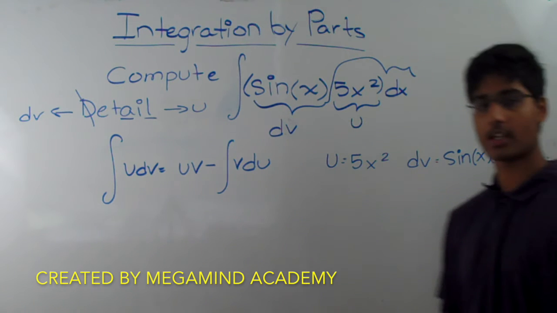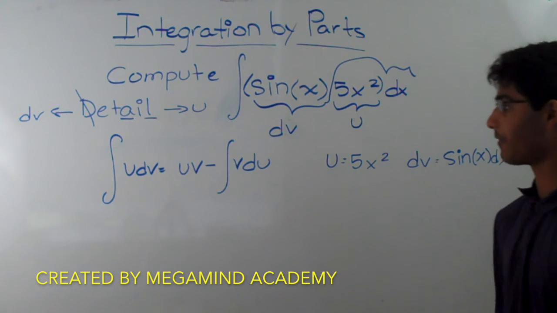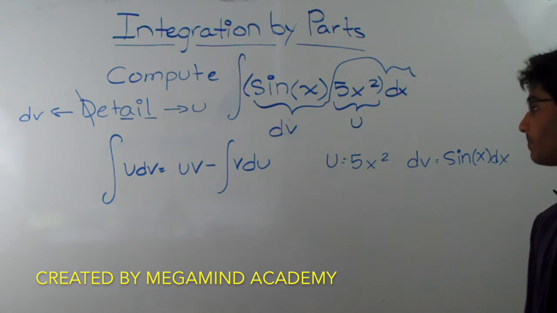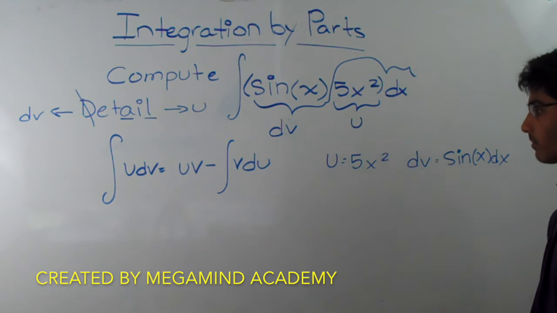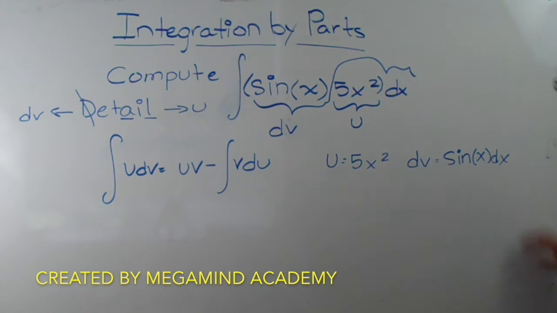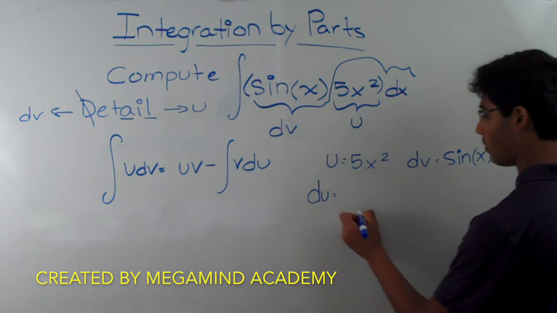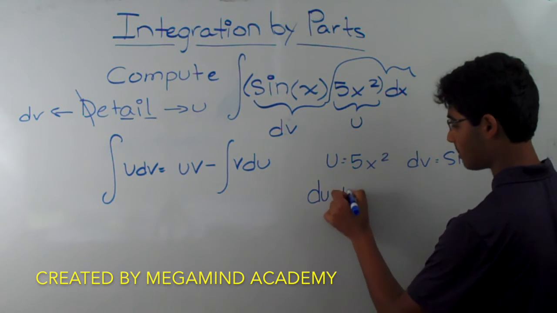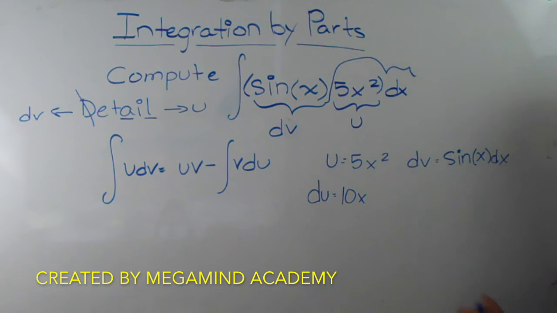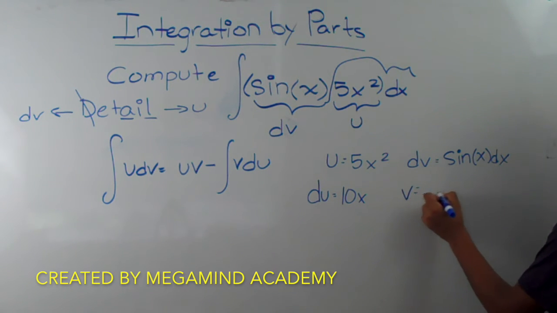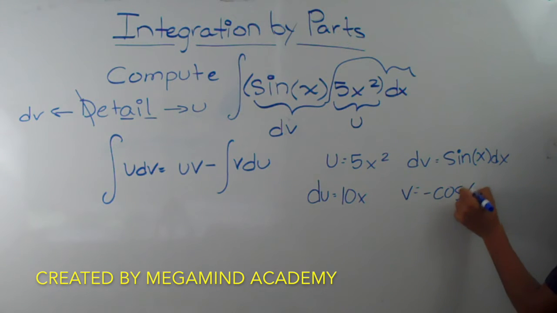If they're the same one, then you just have to choose one and try it, and if it doesn't work, then you choose the other one, and start over. So, now that we have these, we will now do du is equal to what? Well, du would be equal to 10x, and v would be equal to negative cosine of x,